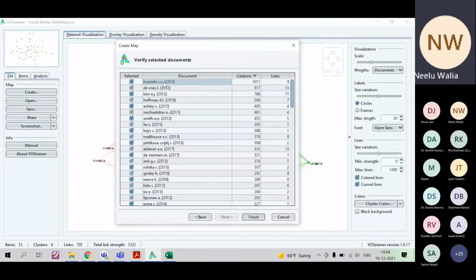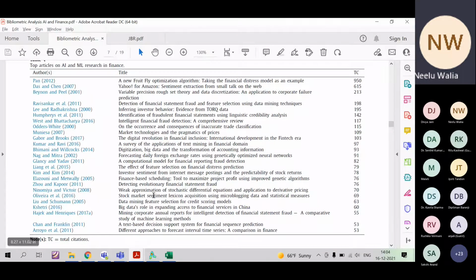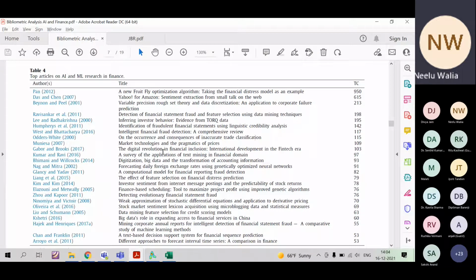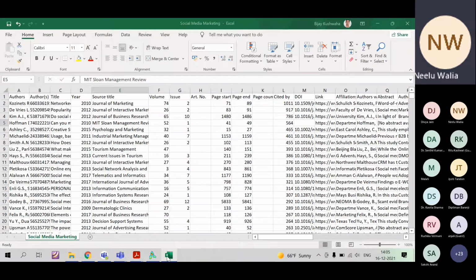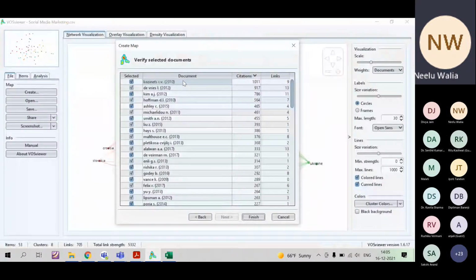So you have two records. What you have to do is, with this name, Kozinets, you search this paper and prepare this table. These are the 20 records. This table can be prepared now. Very easy. Just get your two columns of data, that is the author name and citations. You have the author name and the year in which the author has published. In 2010 it has published.